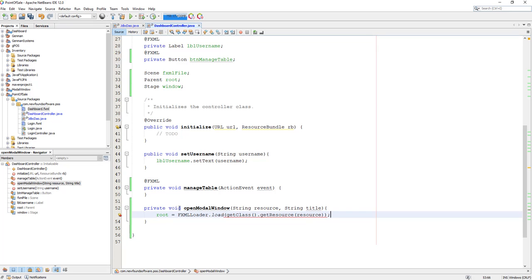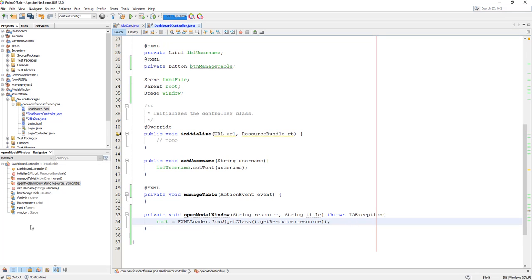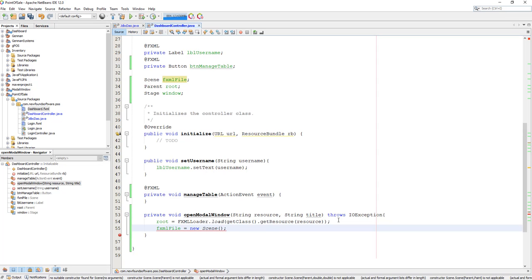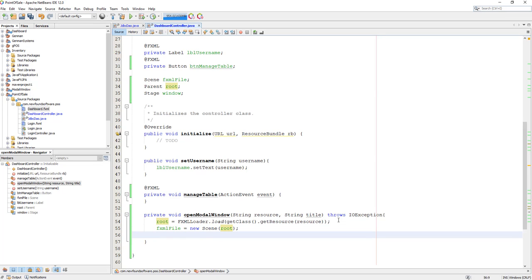Okay, so we need to add an exception clause for this. And then next, we're gonna set the scene to the newly loaded fxml file. So that will be fxml file equals new scene, and then we're gonna set the root object to this right here, and